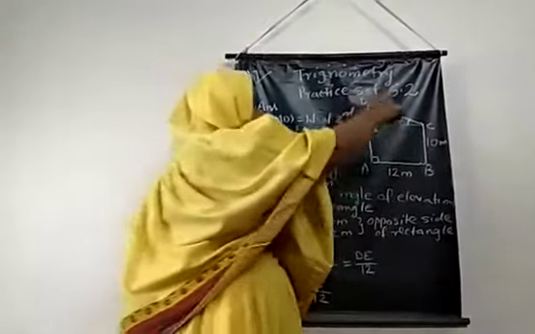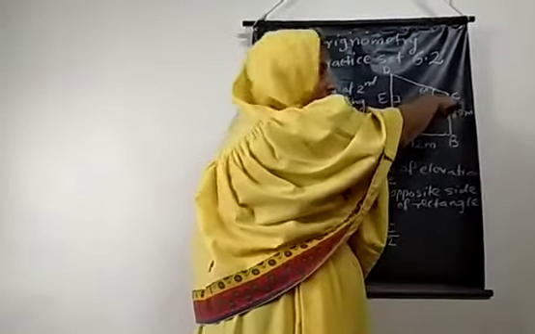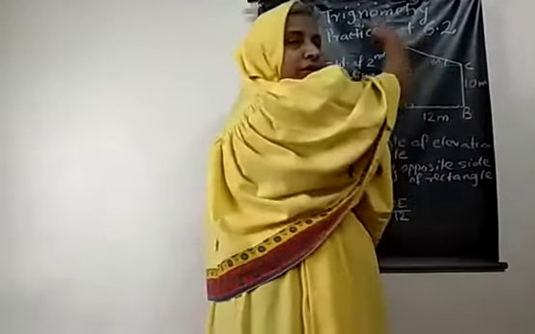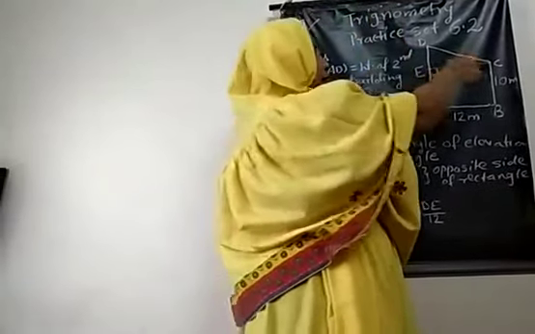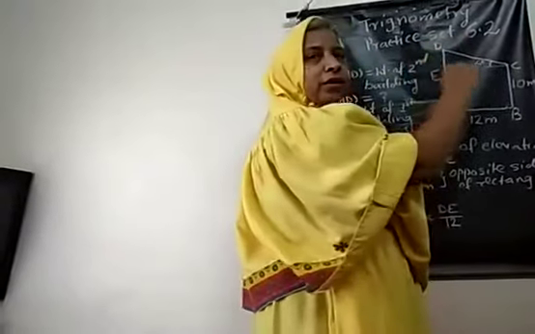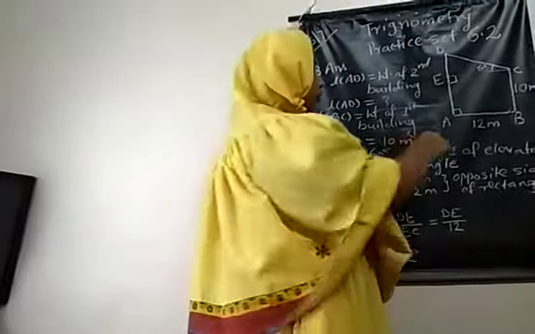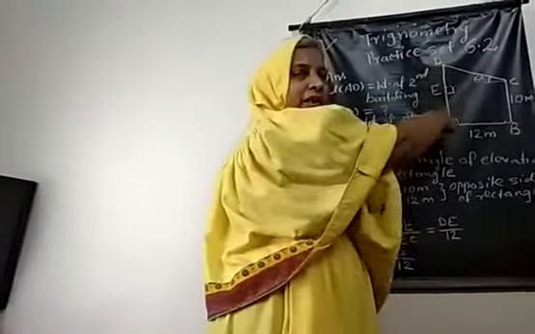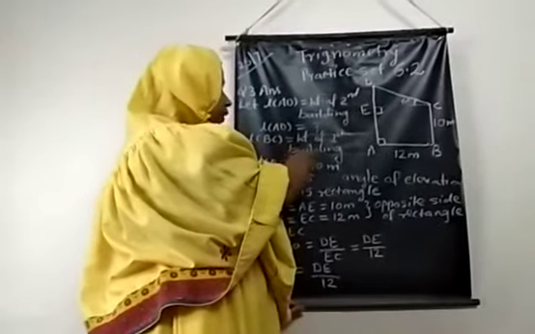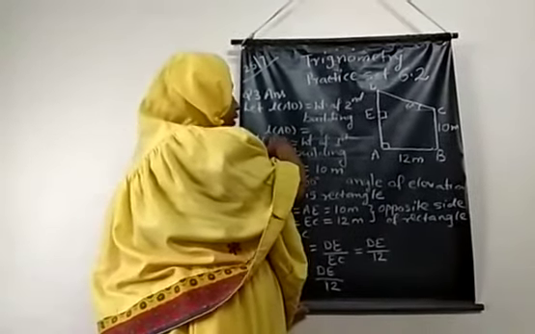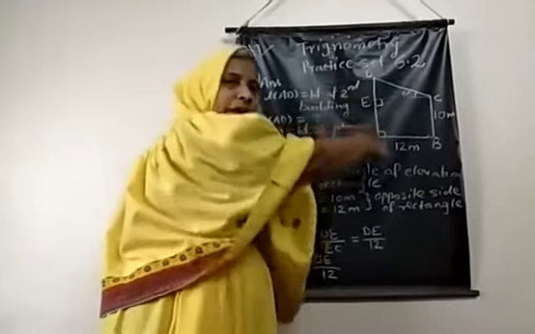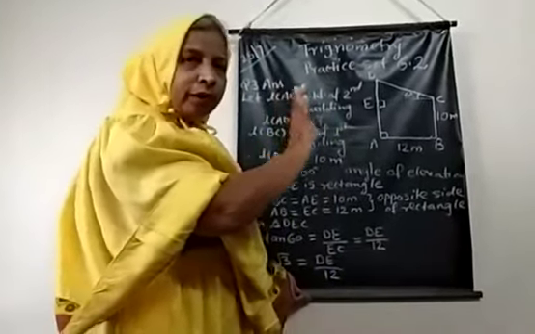From the height of the small building, that is on the terrace, a person is watching the top of the second building. So the angle of elevation made by the person is 60 degree. So in the figure, this length AD is the height of the first building, the height of the second building, that we are going to find.